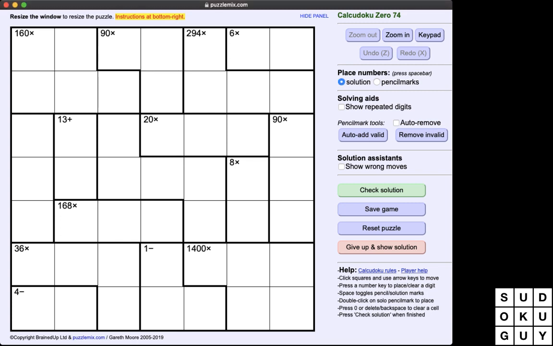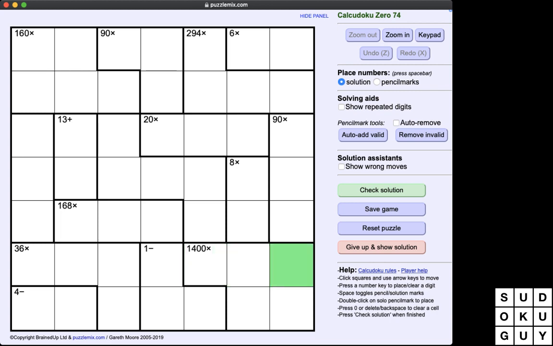7 by 7. Alright. The thing that makes Calcudoku different than Killer Sudoku, aside from the 3 by 3 boxes thing, is that in Calcudoku you're allowed to have two of the same number in a region. If you could not have two of the same number in a puzzle, that would be impossible. But,